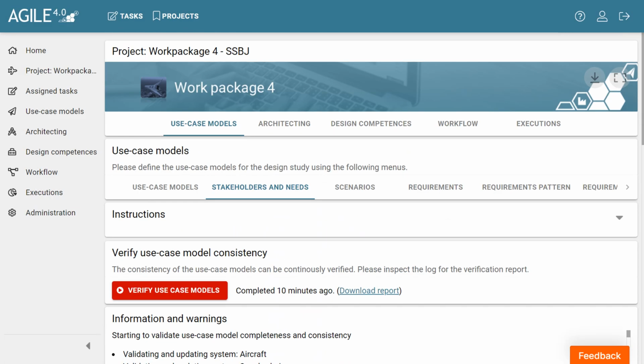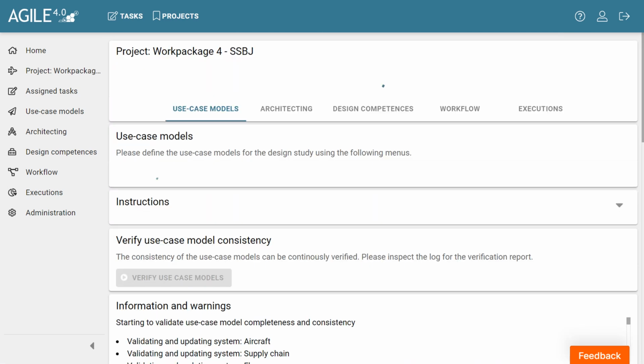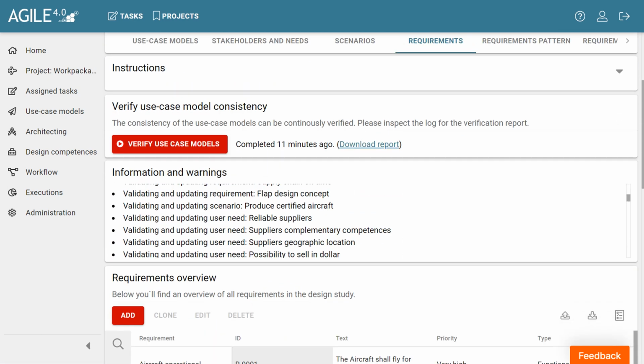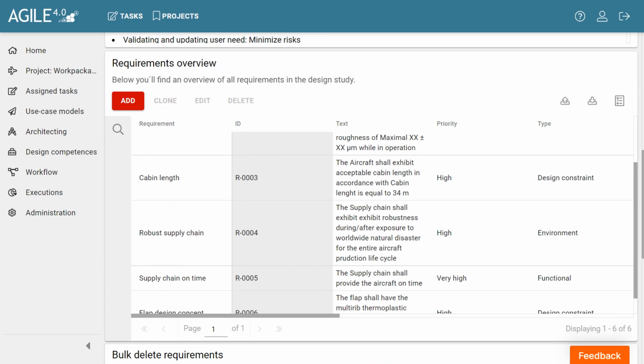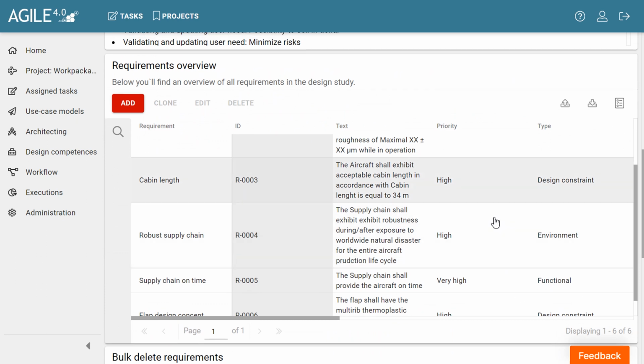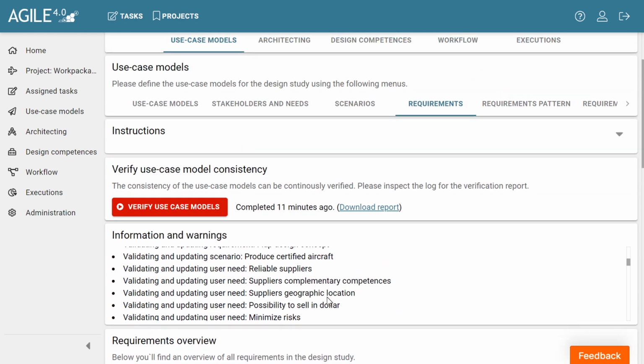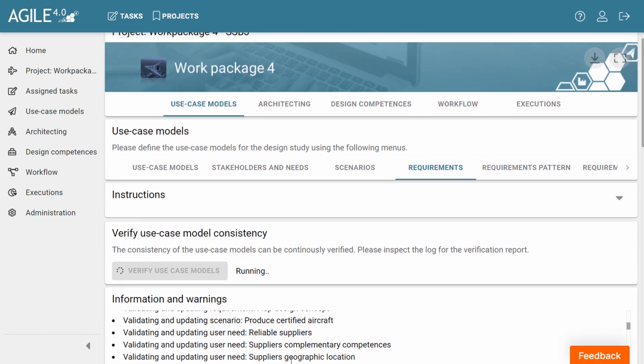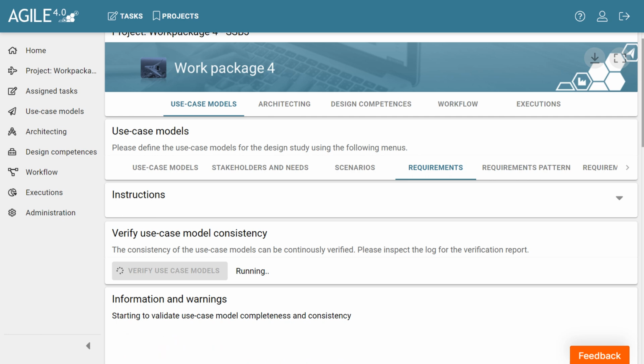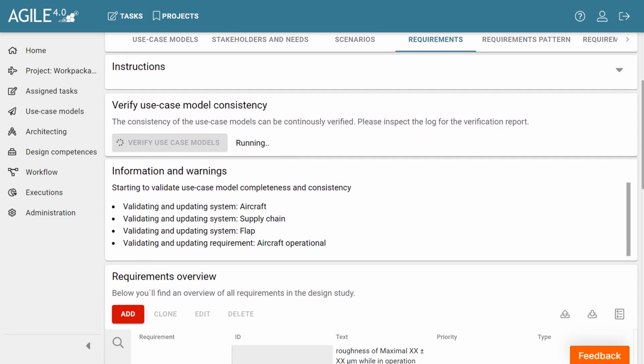I can manage requirements on the requirements page, and here you'll see the requirements overview. Again, manageable through tables. Every table you can also export to Excel or import from Excel if you want through the KE-chain platform. There are scripts added in KE-chain in this template such that you can verify this use case model for consistency underneath rules